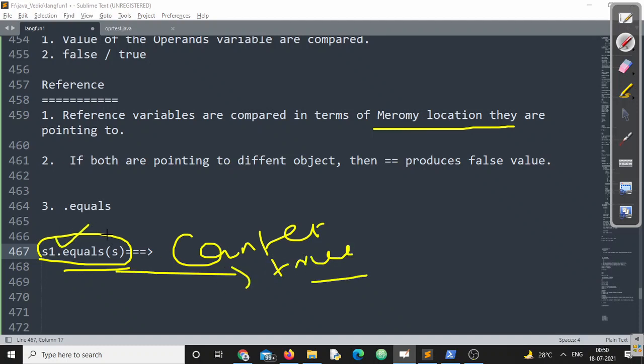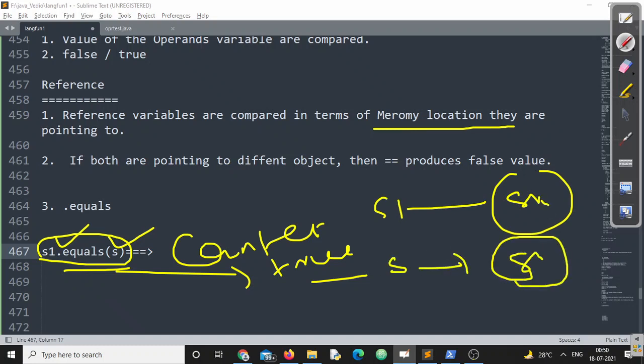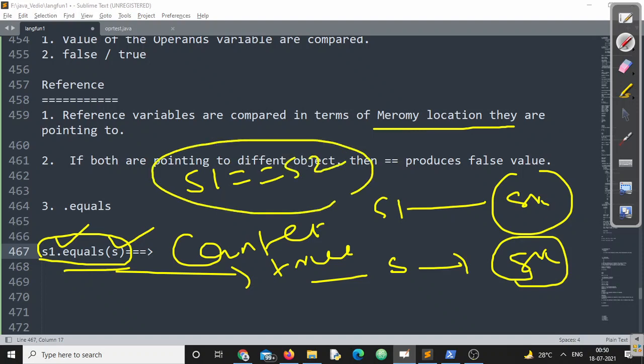Suppose S1 is a reference variable pointing to an object where SK is stored. Again, S is a reference variable pointing to an object where SK is stored. Now if I compare S1 double equal to S2, I am 100% confirmed what I am going to get: a false value, because S1 and S2 are pointing to different memory locations.